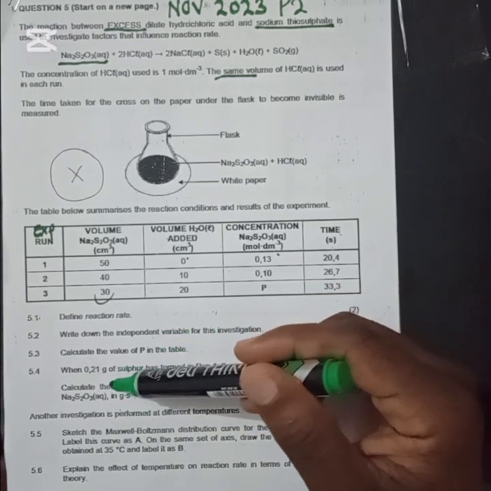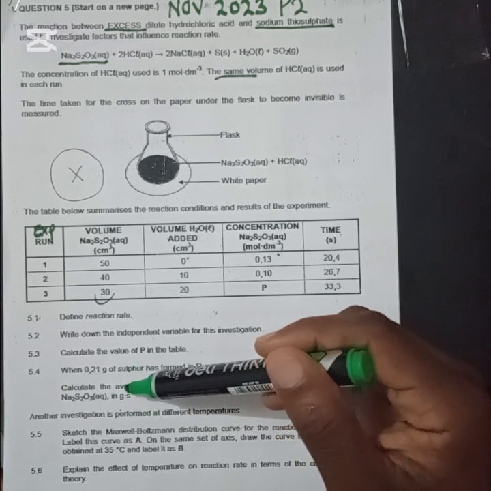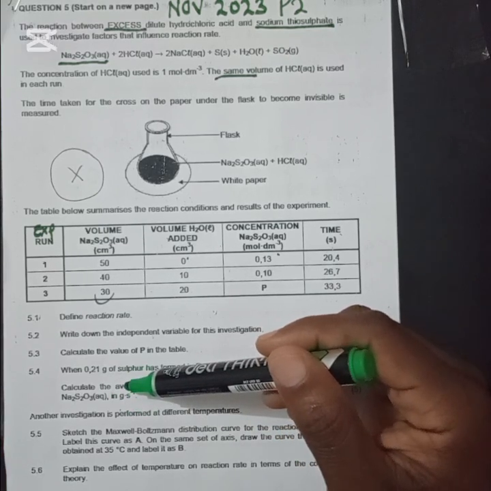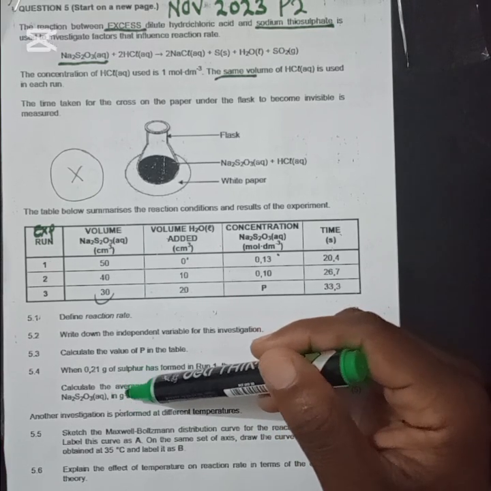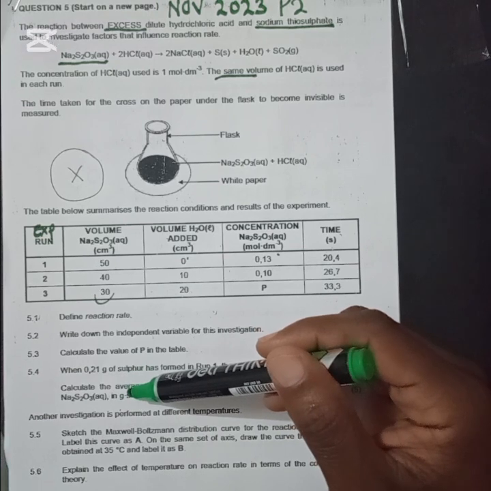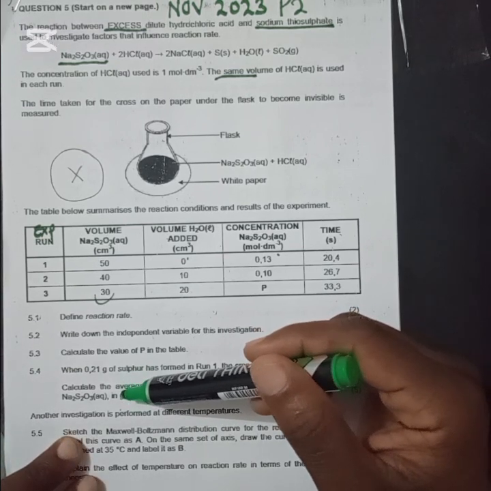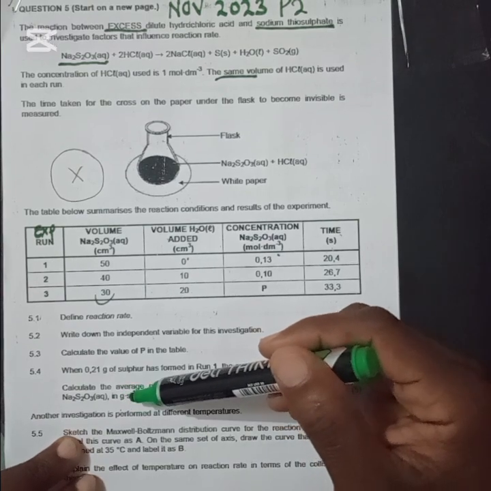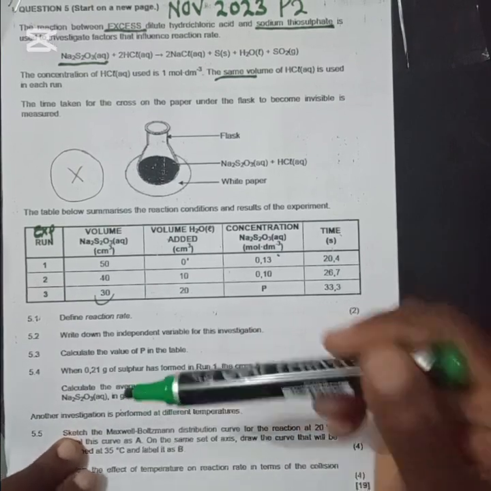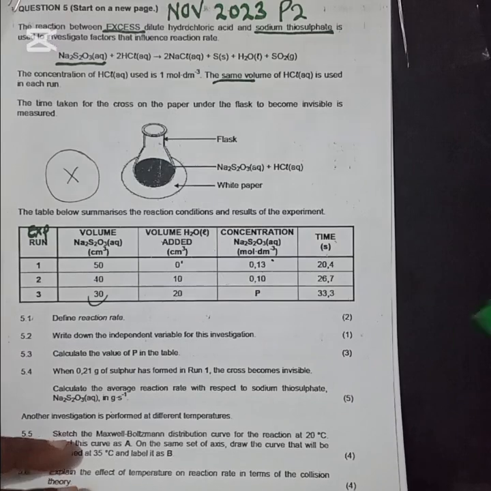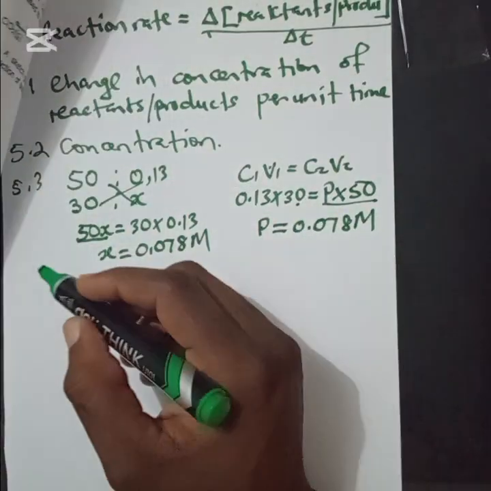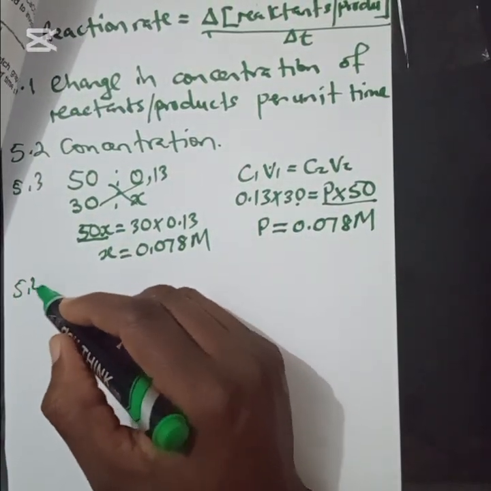So the unit that the examiner requires determines the formula you are going to use. If the unit is grams per second, it means the formula for reaction rate is going to be: